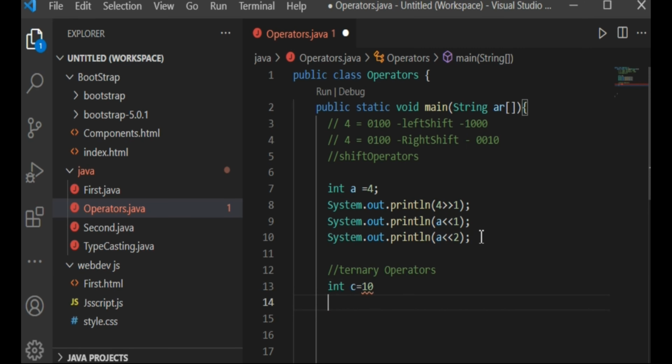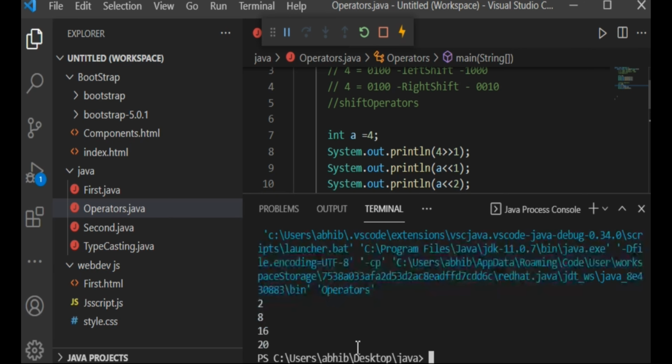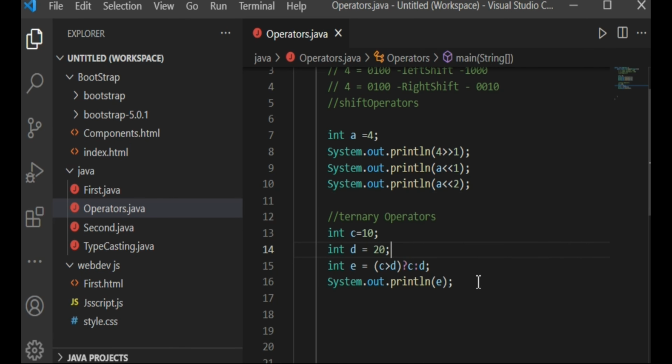Here I have given the value 10 to the variable C and 20 to the D. And in E, the condition is if C is greater than D. If the condition is true, then C will be the outcome, and if the condition is false, then D will be the outcome, and I will print the E. And you can see here I will get the answer 20 because D is greater than C.